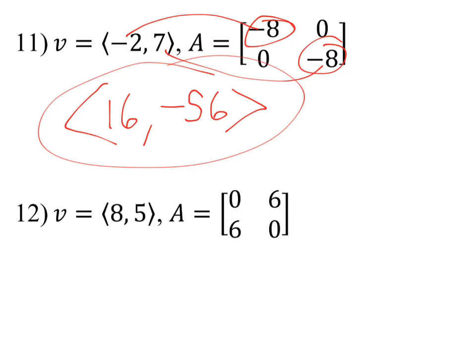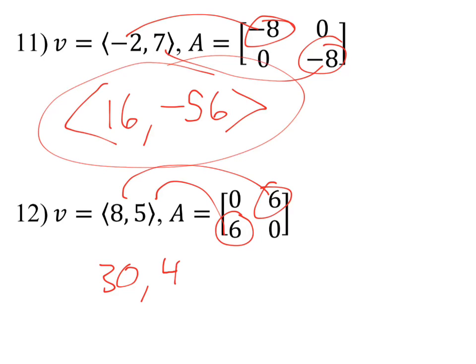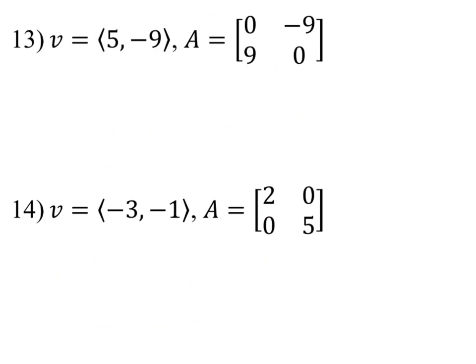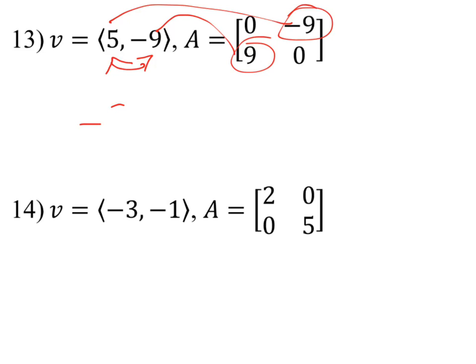That gives that guy there. We have zeros down the main diagonal, so we're going to have to change the order. This number is times the y component, that number times the x component. We're going to get 30 to start, and then 48 to end up there on this one. On 13, we have zeros down the main diagonal, so we're going to have to switch the order. We have to do 9 times the negative 9 there, and then negative 9 times the 5, which will give me negative 81, and then negative 45